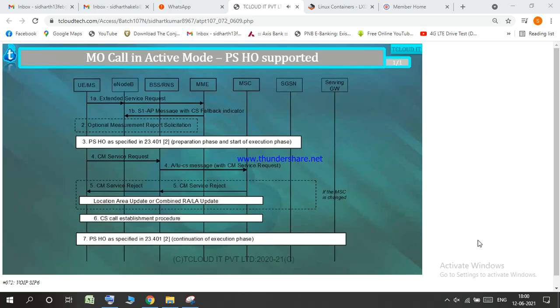Now, we are going to study various call flows of what happens when the mobile equipment is going to initiate these CS related calls. What happens? We are going to understand that in terms of many flows one by one. We see that now. First thing,